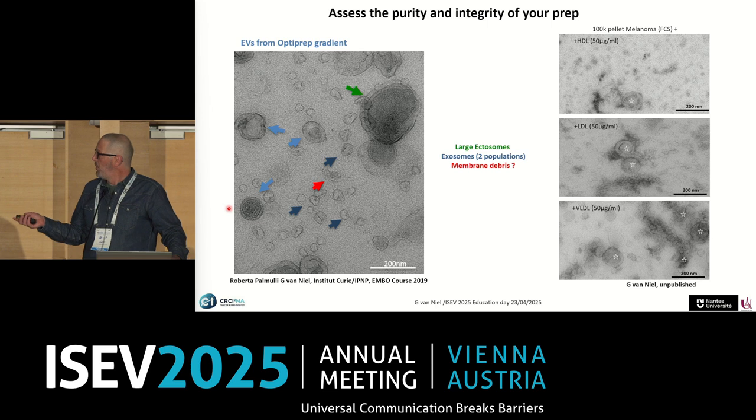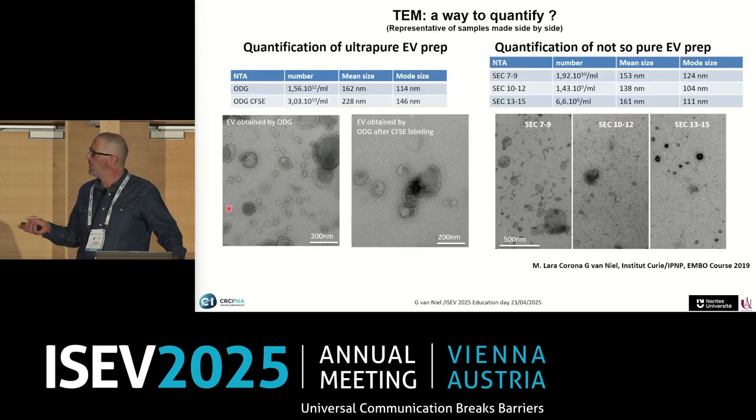So this method is an accurate method to look at your vesicles, at their morphology, but also at their size. Of note, during the quiz, there was a mistake in the question. It was not the useful method to measure EVs. It was the most accurate method, but it was not updated. Too bad for me. So then I have to convince you that it is an accurate method to measure the